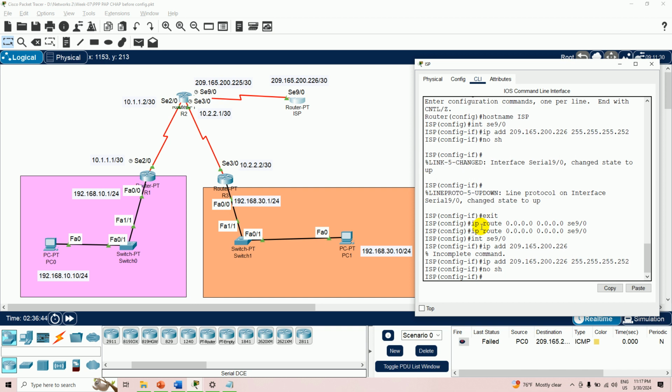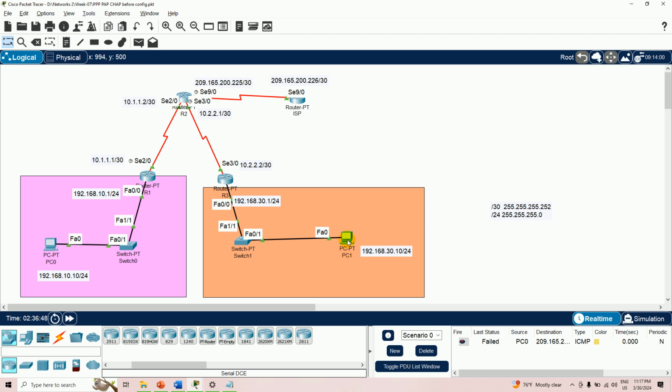So this is how you configure all the IP addresses for all the interfaces, as well as you configure the IP for PC1 as well as PC0 also. And then